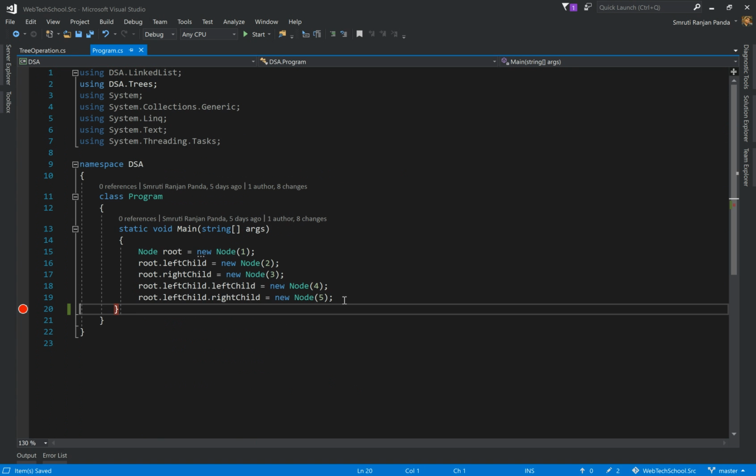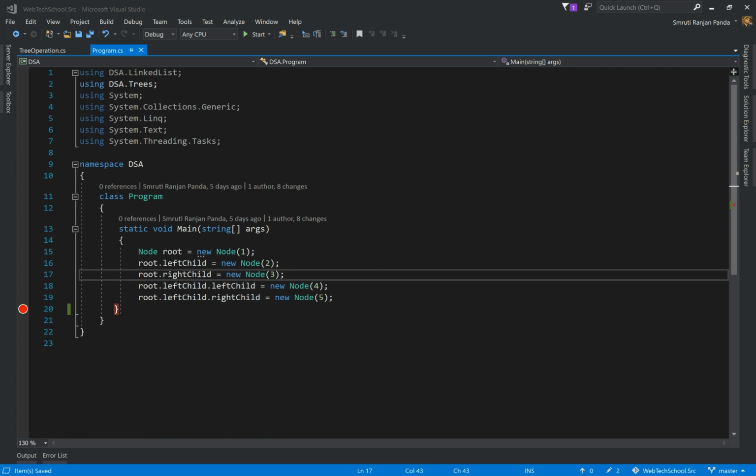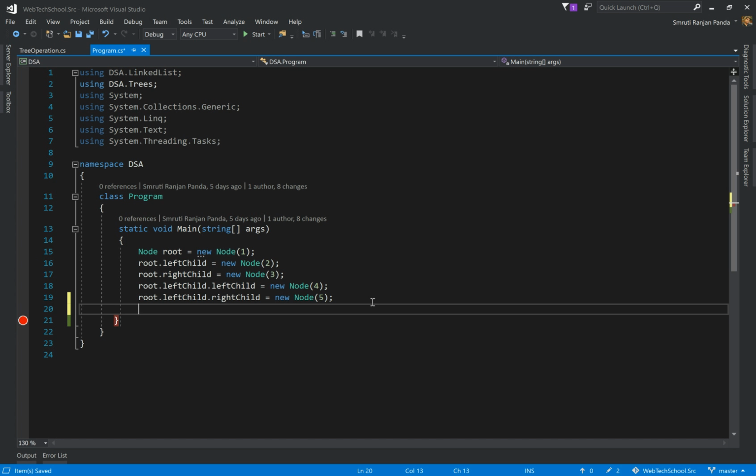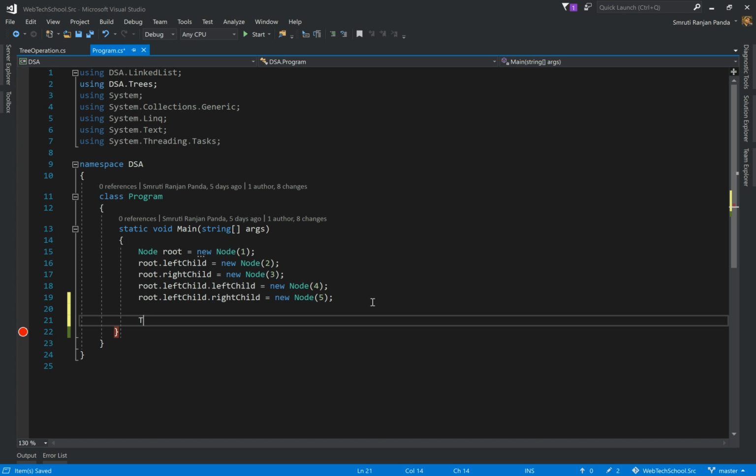In program.cs, I have already constructed the example tree that we have been discussing. Let's call the method present in tree operation dot print binary tree path. So this takes the root node, so we'll just pass the root node. Let's execute and see if we are getting the expected output or not.